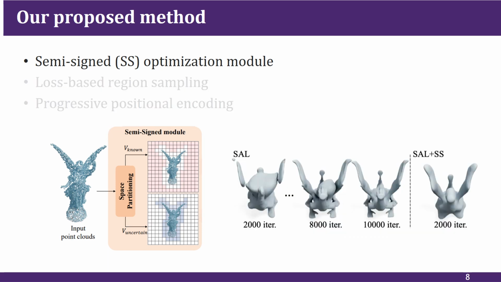For the ghost surface problem, we propose a simple yet effective solution by introducing an extra coarse sign supervision. The insight is that sign supervision is more informative, and we can apply sign supervision to regions that are apparently outside the target object. Specifically, we propose a novel semi-signed fitting module, which simultaneously provides coarse signed supervisions and unsigned supervisions for different regions, determined by our automatic space partitioning algorithm. With the additional signed guidance, the network can quickly fit a coarse shape to the given point cloud in the early stage, thus having higher chance of avoiding potential suboptimal local minimums.